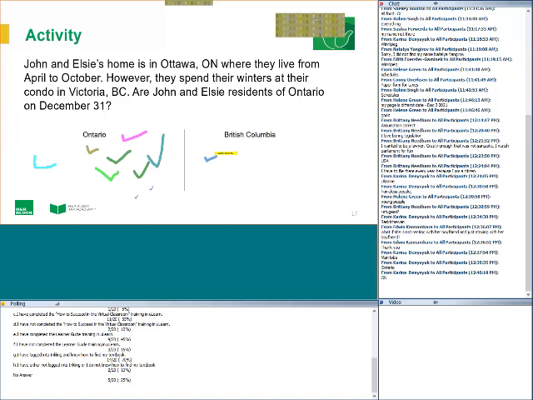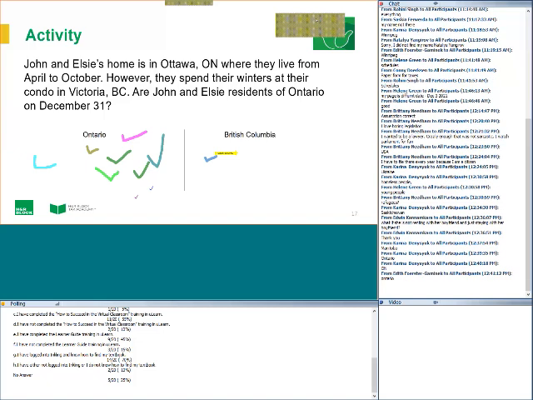And so even if they're spending half the year, say, in Florida and half the year here, because their ties are in Canada, not their citizenship necessarily, although that factors in when we get to that last step, but because their ties are in Canada, they'll be residents of Canada, and they'll have to file Canadian tax returns on all